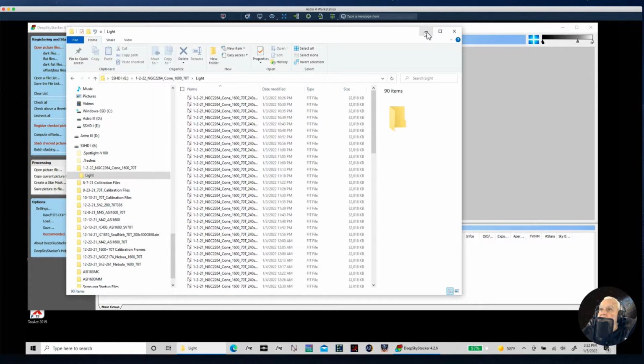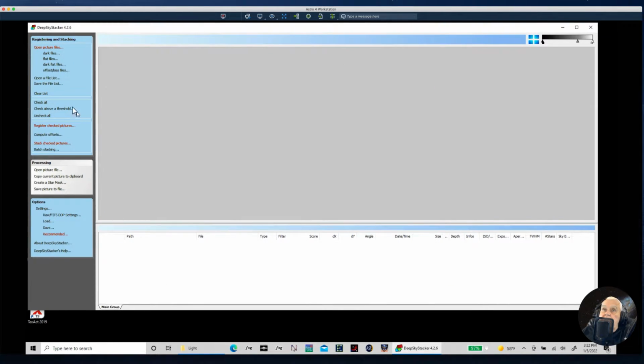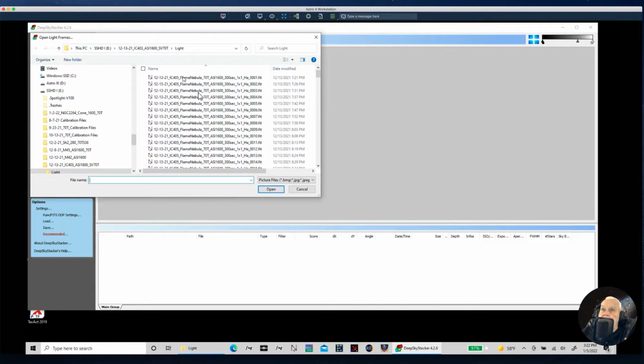So that's the goal. In order to do that, I'm going to go to the very top of the page and work my way down. I'm going to click on Open Picture File, and